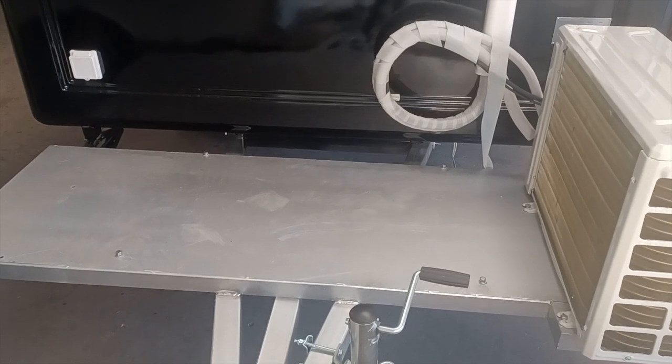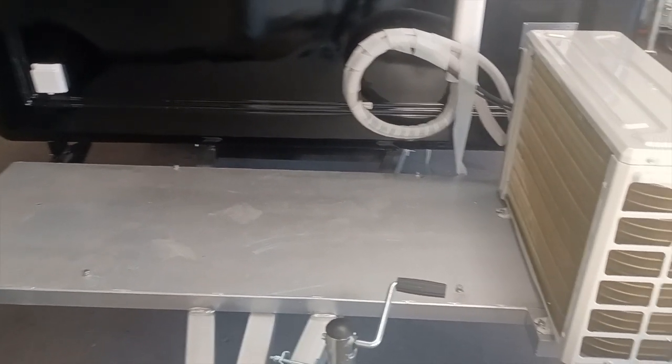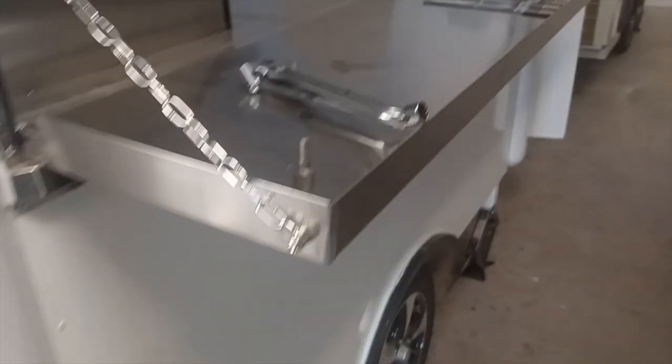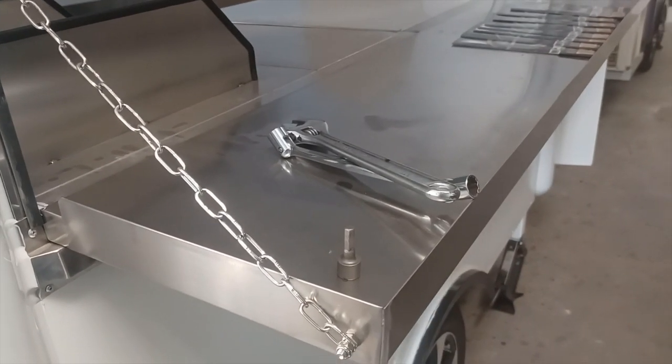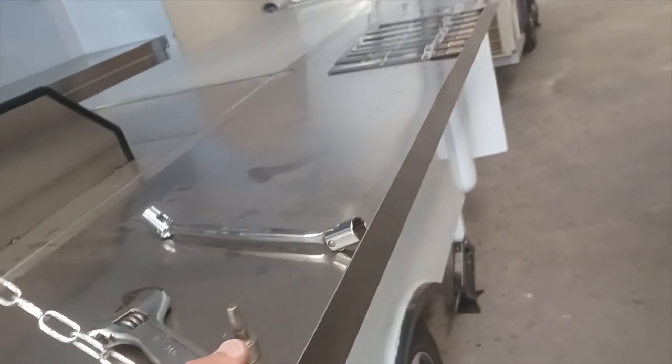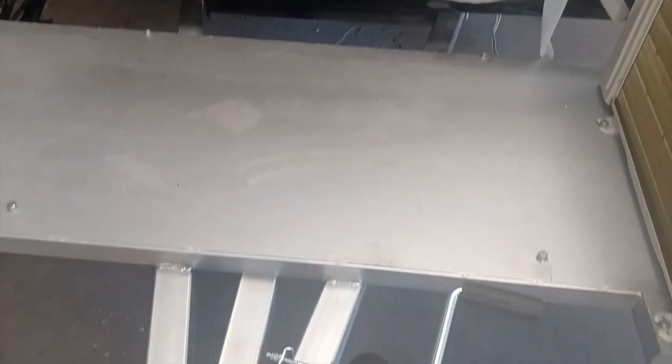Now we're going to show you how to install a steel generator box onto the tow bar. So pretty much what you're going to need is a wrench, preferably a socket wrench, 1/2 inch. You can also use a regular wrench, but a socket wrench will be a little bit easier. First thing you're going to do is basically loosen these bolts here. There should be about 4